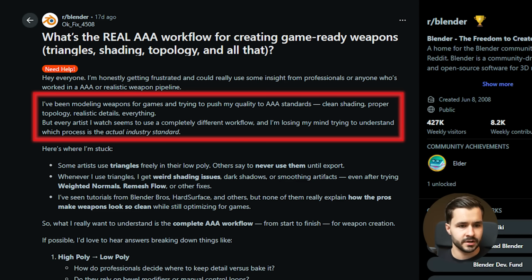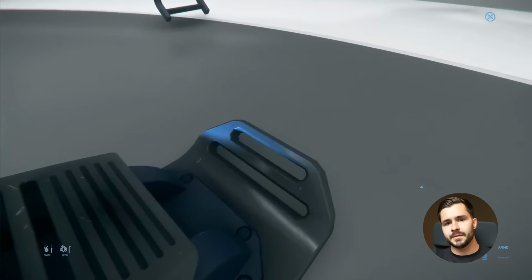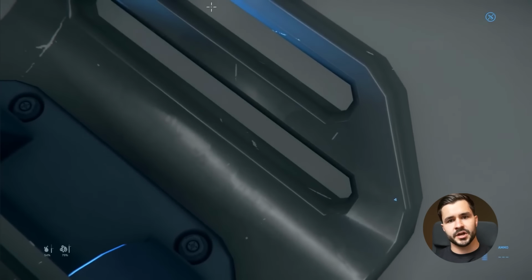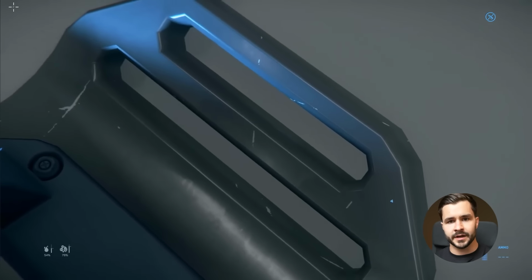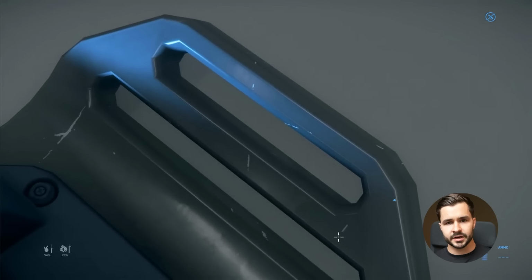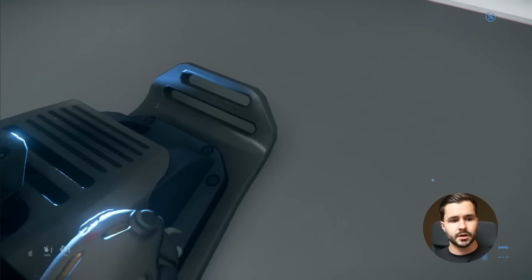Now, this guy also mentioned that he was worried about clean shading. If you go to a game like Star Citizen, these guys are doing a similar workflow to what I'm going to show you here. They're focused specifically on the model. They're not worried so much about the shading. As a matter of fact, if you go look at their models up close, a lot of them have shading errors, and I'll put a video clip on the screen here. These guys aren't worried as much about the shading as they are about the quality of their design. That is the approach you should be taking. You don't need to stress about perfect 100% clean shading. The only way you're going to get that, especially if you're using booleans, is through perfect clean topology or transferring